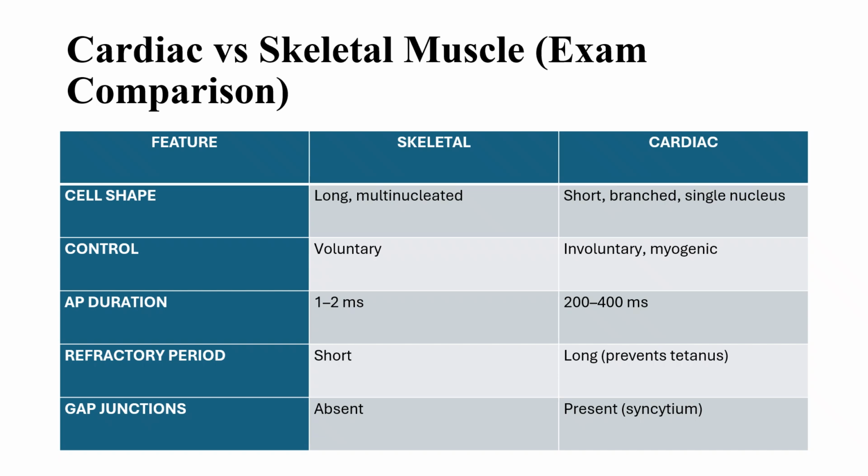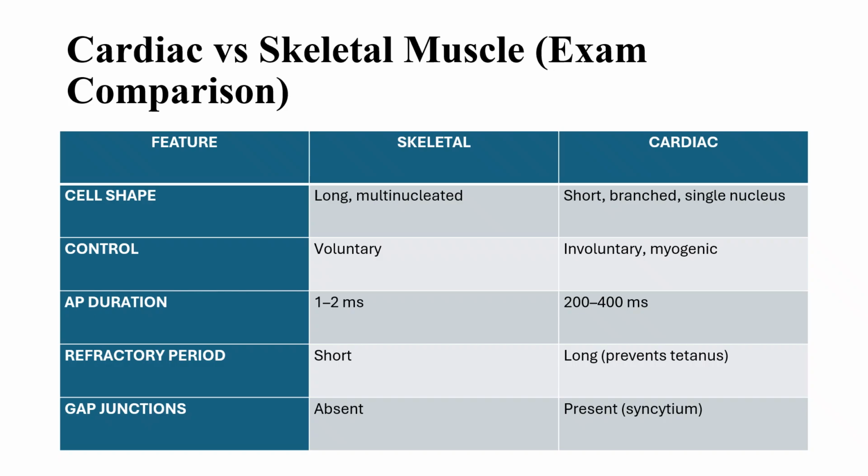Now, action potential. In skeletal muscle, it's very short, about 1 to 2 milliseconds, allowing rapid repeated stimulation. In cardiac muscle, the action potential lasts 200 to 400 milliseconds, producing that characteristic plateau phase. That long duration ensures each contraction is complete before another begins. This ties directly into the refractory period. And that's a life-saving feature actually, because it prevents tetany or sustained contraction, which would stop the heart's pumping ability